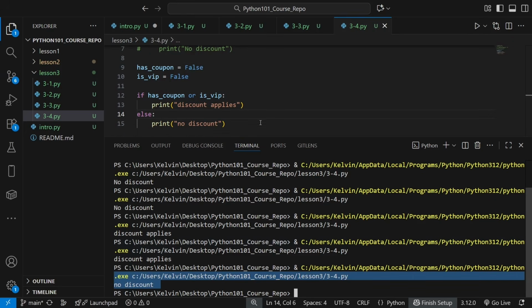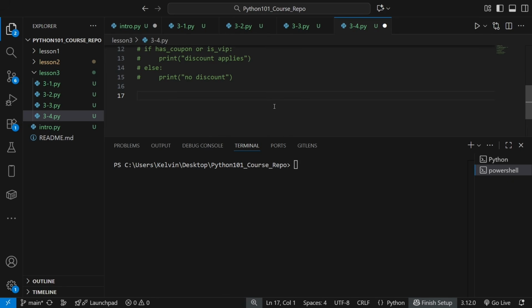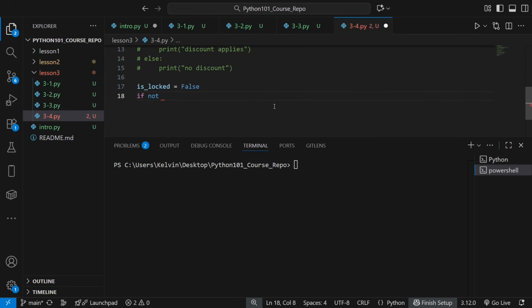No discount. Now let's cover the not operator. The not operator flips a Boolean. This is useful when a variable name already expresses a true or false state. Say we had an is_locked variable equal to false. And if not is_locked,